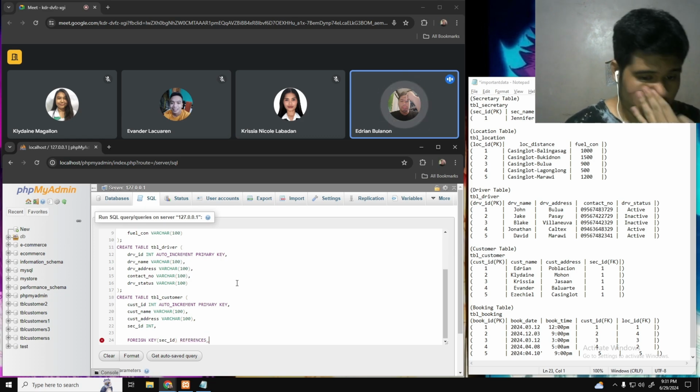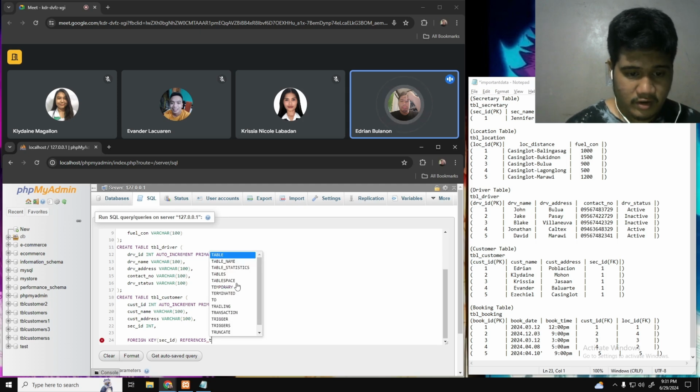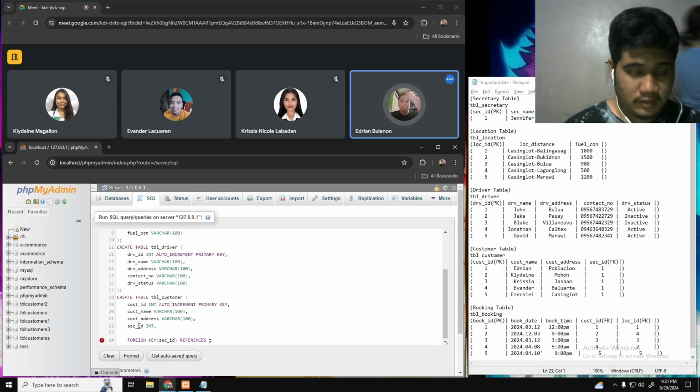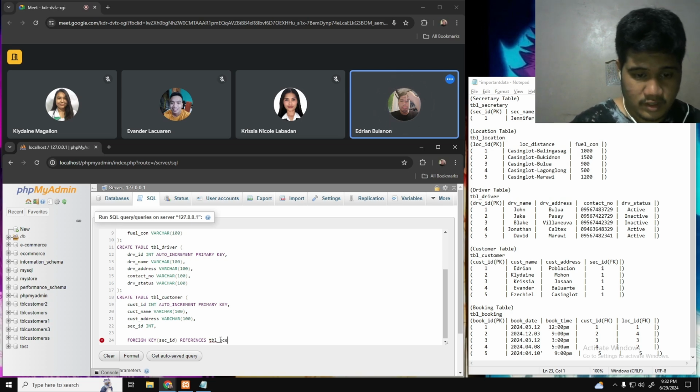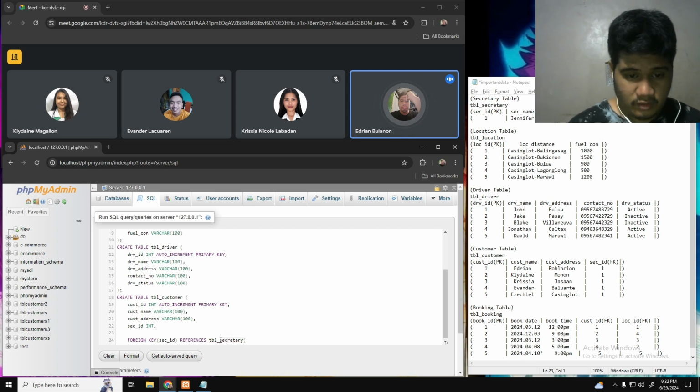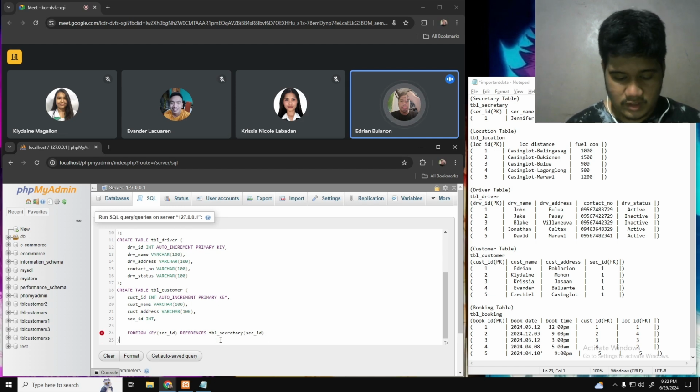Then we'll be referencing the secretary table, since secretary ID is located in the secretary table, so we're gonna put table secretary here. And then we're gonna put the primary key of the table secretary. We're gonna close this.